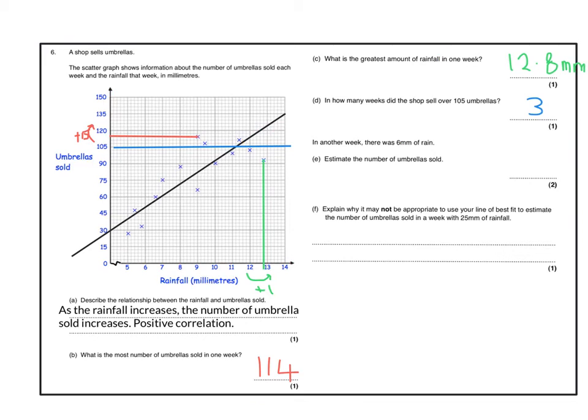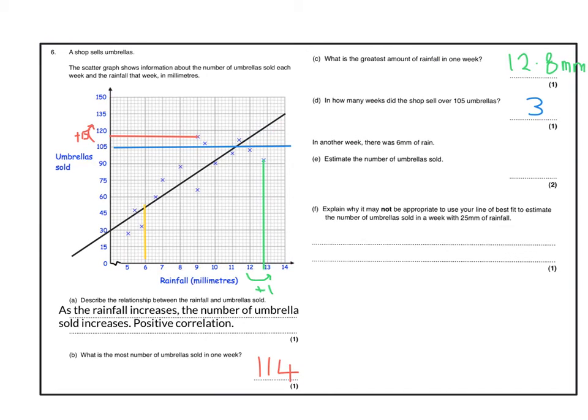In another week, there was 6 millimetres of rainfall. Estimate the number of umbrellas sold. Now this is where we're using our line of best fit, so definitely if you haven't done your line of best fit already, you need to have done it now. Estimate the number of umbrellas sold for 6 millimetres of rain. I'm going to do a yellow line this time, and we're going for 6 millimetres of rain,